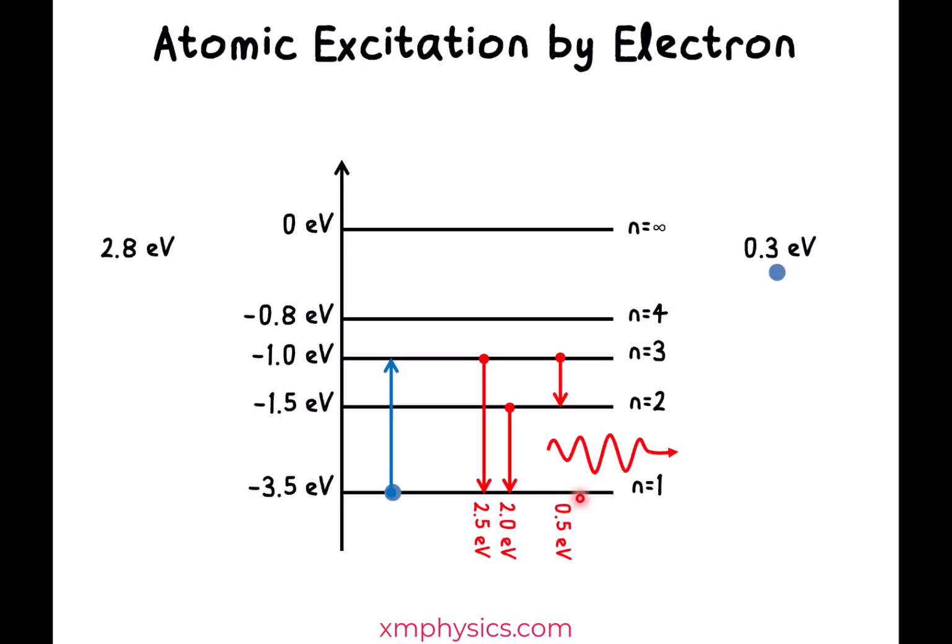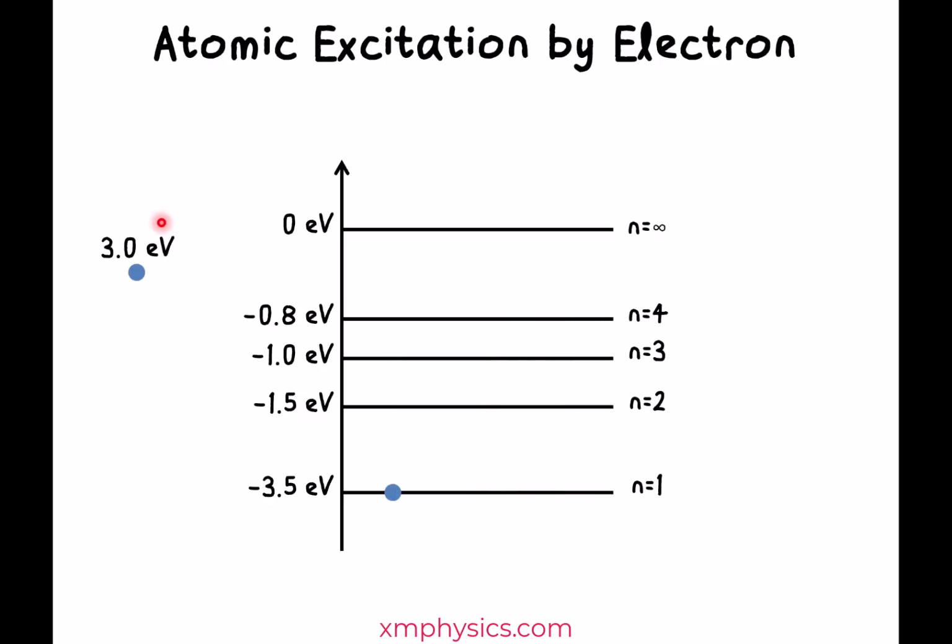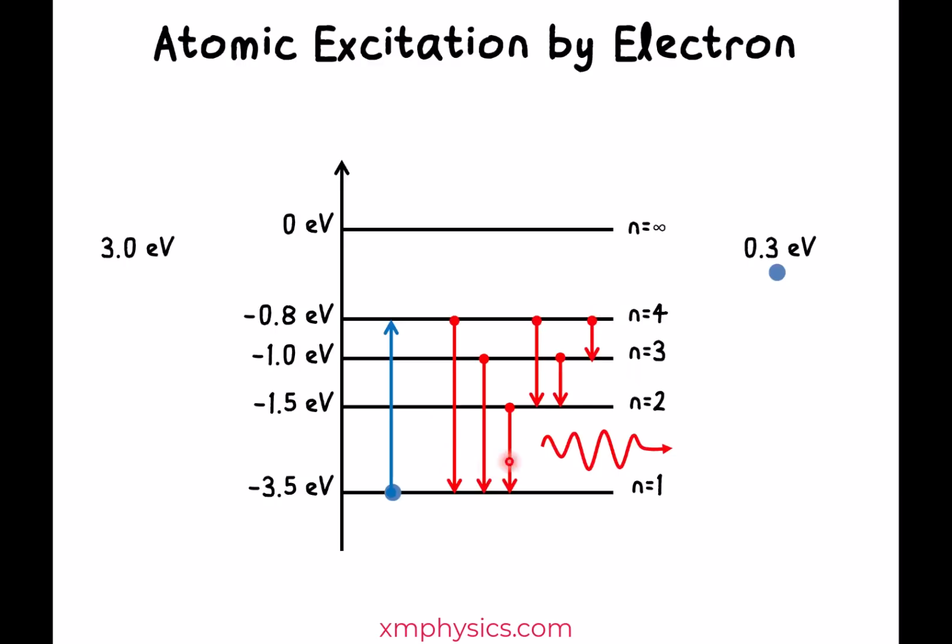If you want more emission lines, you have to excite the atom to even higher energy levels, like n equals 4. So for example, if the atom is hit by an electron with 3.0 electron volts of Ke, then it's possible that the atom absorbs 2.7 electron volts, leaving the scattered electron with 0.3 electron volts of Ke. Now from n equals 4, you can have 6 different down transitions, resulting in 6 different photon energies, because you can de-excite in one big jump, or in 3 small jumps, or in 2 jumps, this and this,